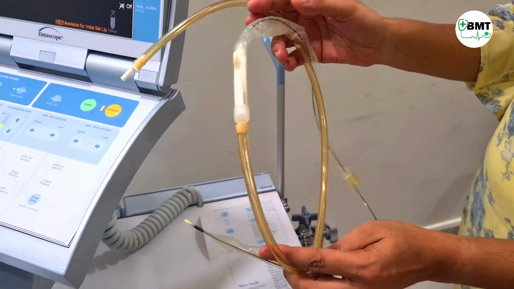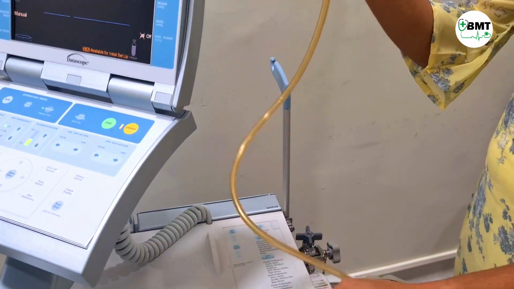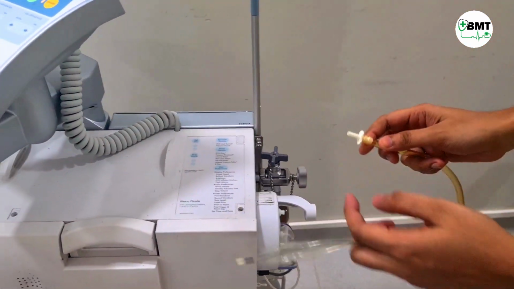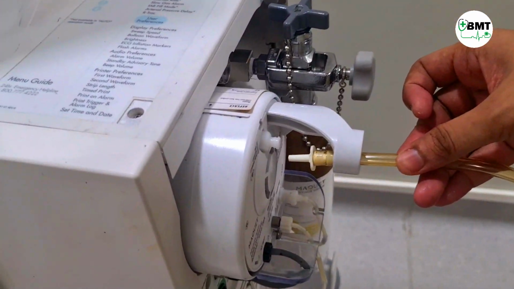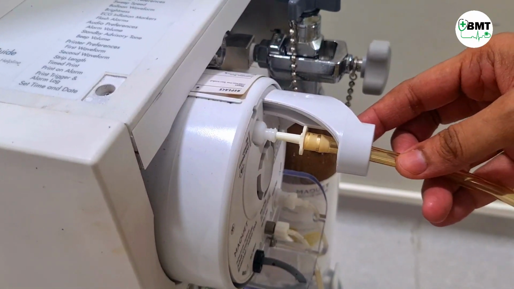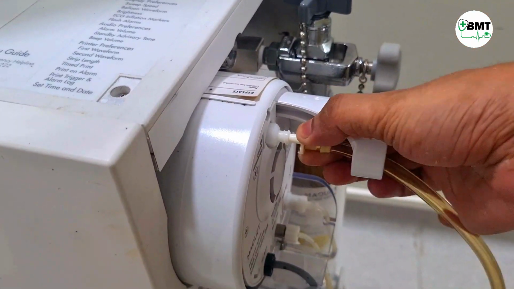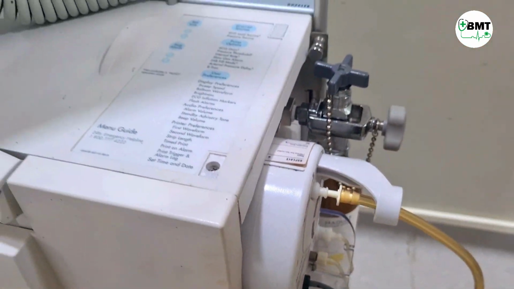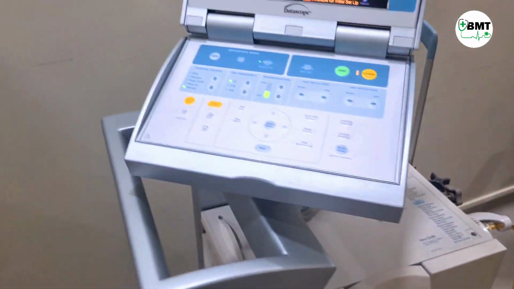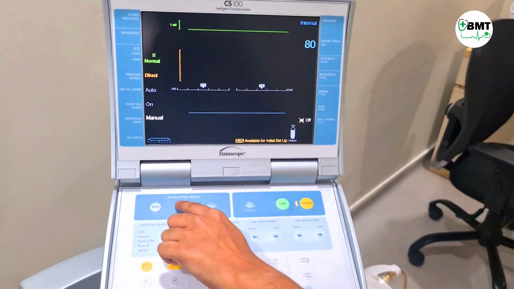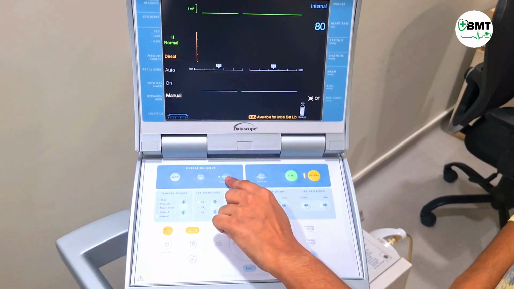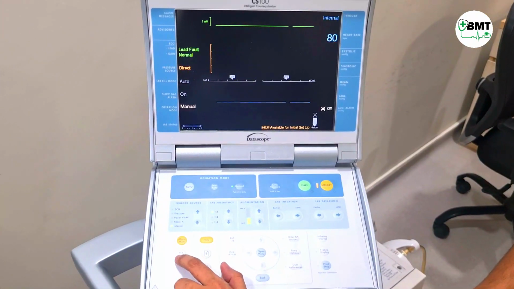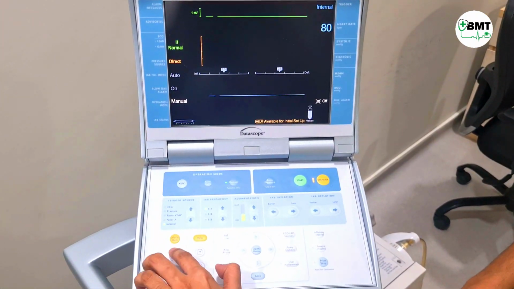So now, how to do a basic test of this machine. Connect this over here. And then keep the operation mode in semi-automatic or manual, and then press IABP fill for 2 seconds.